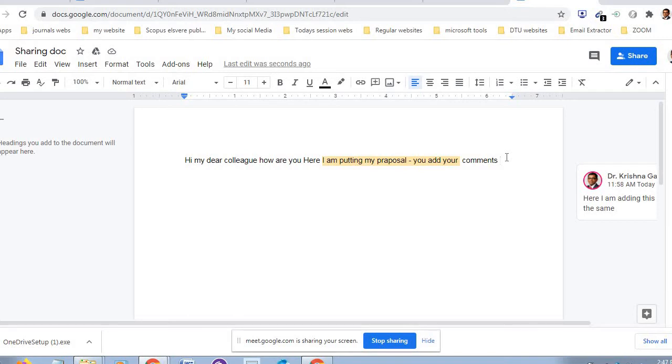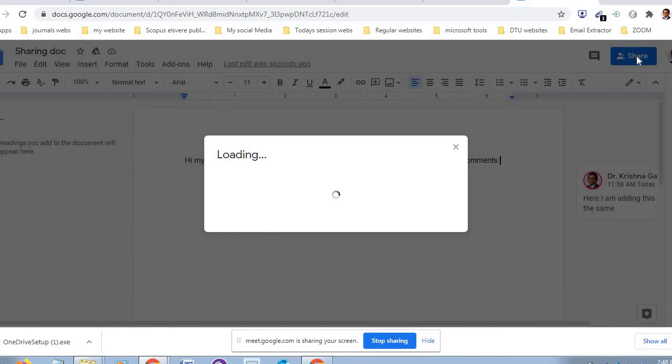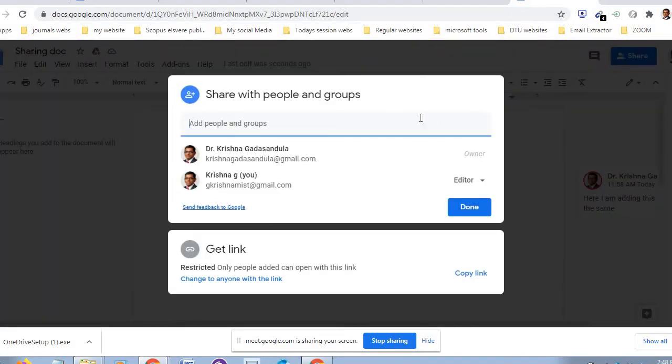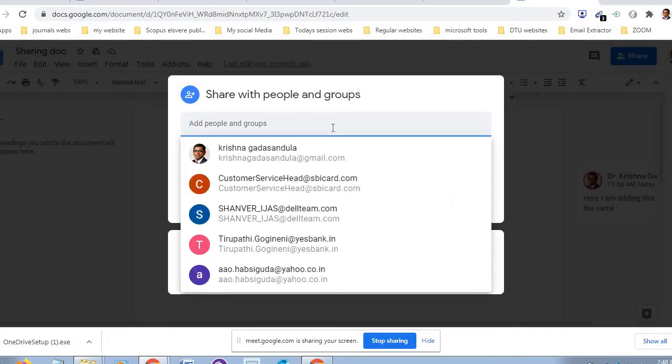That's why, by using this sharing of documents on Google Drive, now I am sharing this document. You can even share the same document with 200 people at a time without attaching any material. Just one document. You see, just share. If I do that, just share. Here, however many mail IDs you have, that many mail IDs you can add. Say for example, I am sharing. To whom am I sharing?